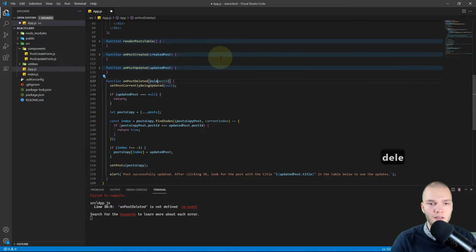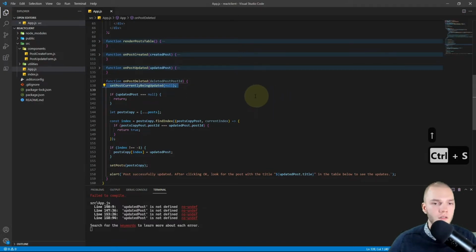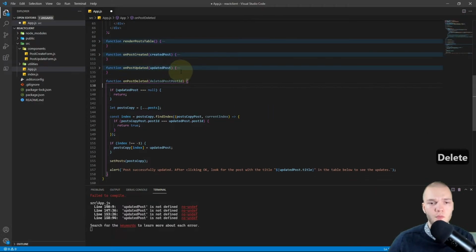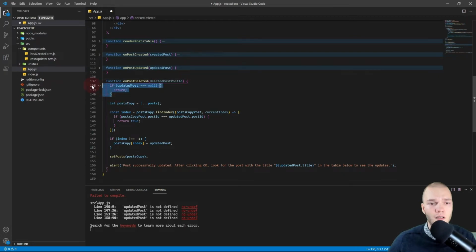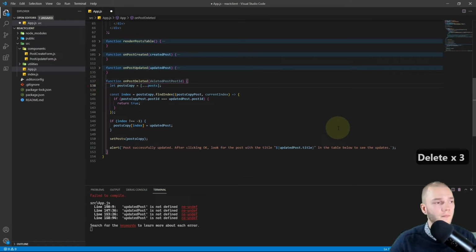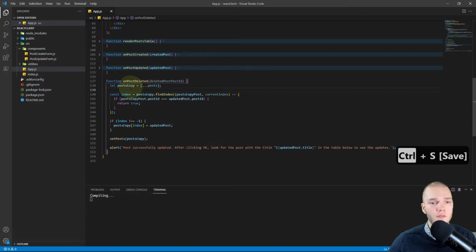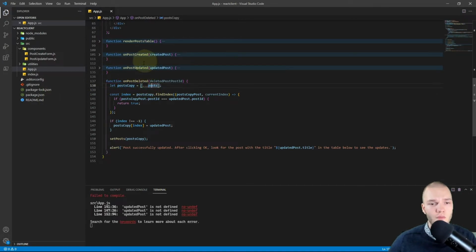I'll just name that deletedPostID. I'm going to remove this setPostCurrentlyBeingUpdated line and remove the null check, and I do want to copy the posts array, and I do want to get the index of the post that's deleted, but instead of the updatedPost.postID, I'm going to check against the deletedPostID, so our argument here,